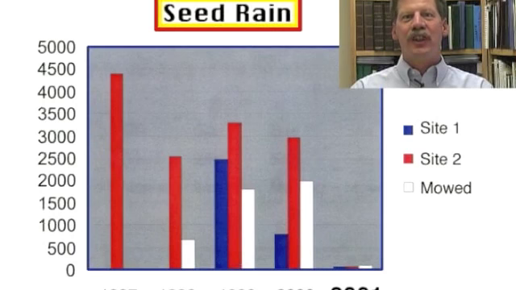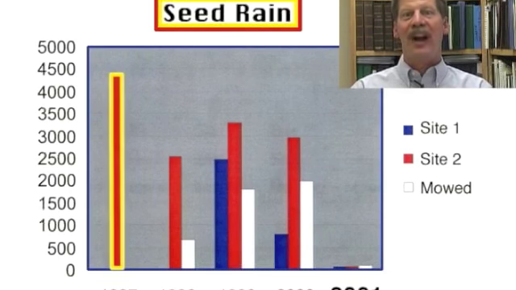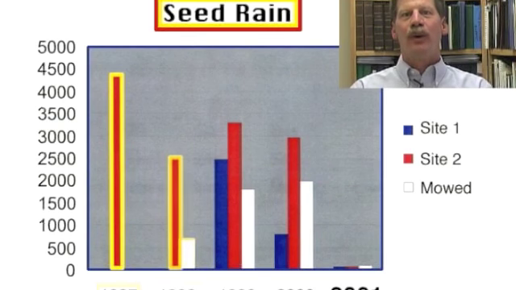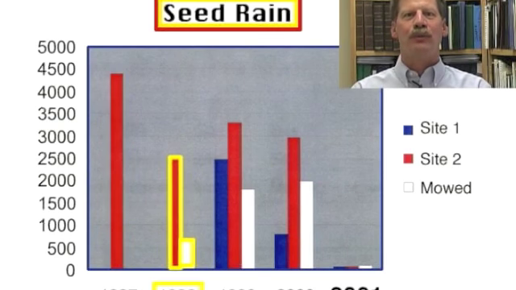It also greatly reduces the ability of the plants to compete with the native grasses, to take up the water and the resources. The native grasses then, as the plant is stressed, take up more and more of the space. On this graph, you'll see that seed rain, or how many seeds were produced per square meter out there, started at almost 5,000 seeds per square meter in 1997. And that number quickly dropped to about 3,000 per square meter,